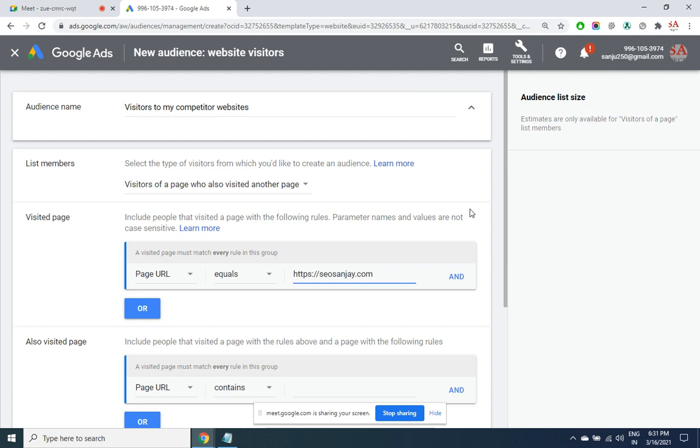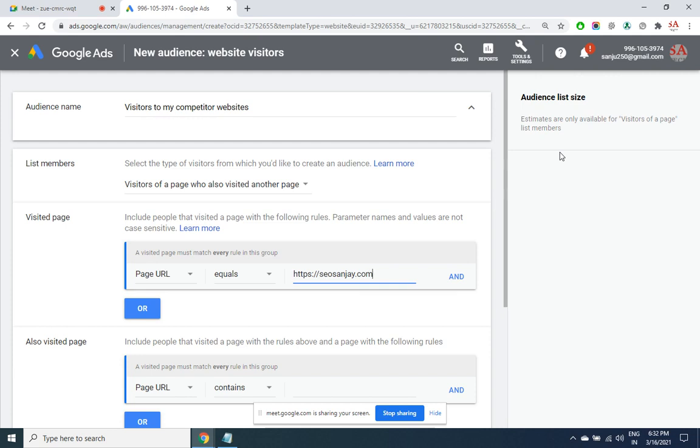But of course, this option will be useful only when you have spent aggressively without remarketing. First time everybody is a new customer. So you need to gather enough crowd. You must have already spent a lot of money in the advertisement. Then when you have got a set of visitors, let's say 2,000 visitors to your website, then this would make sense. So remarketing is not an immediate feature that you can use. You'll have to wait for building up a good audience for your website.